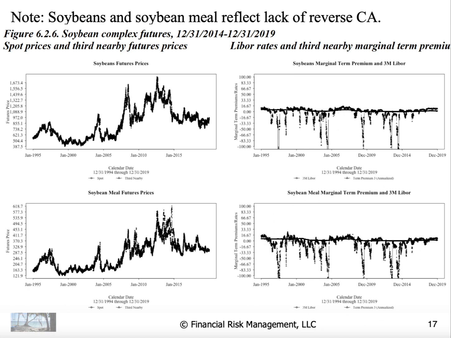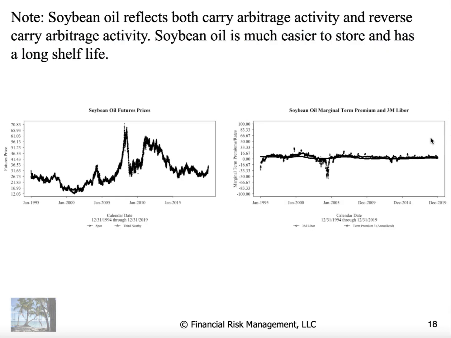And what should just leap off the page is it appears as if somebody's willing to do the carry arbitrage, that is, buy the underlying and sell against a futures contract, but they're not willing to do the reverse carry. This is what I would refer to as a quasi-arbitrage market. There are arbitrageurs active on one side of the market, but not on the other. Perhaps in the last few years, they've become more active on both sides of the market.